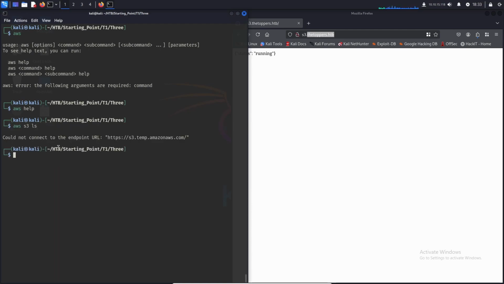you're going to do aws s3 ls. So it's very similar. We're going to use the ls command, but unfortunately we see we can't connect to the endpoint https s3.temp.amazonaws.com. We also, it's good to note that you need to do aws configure,